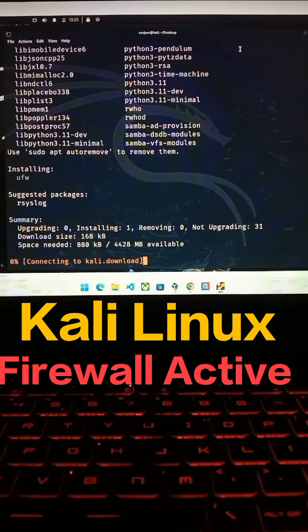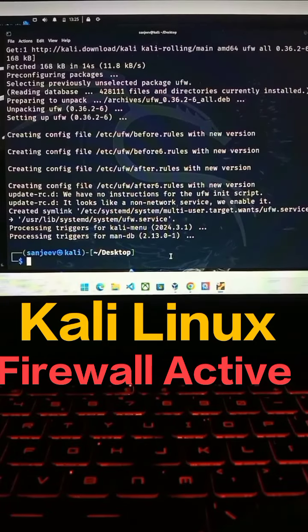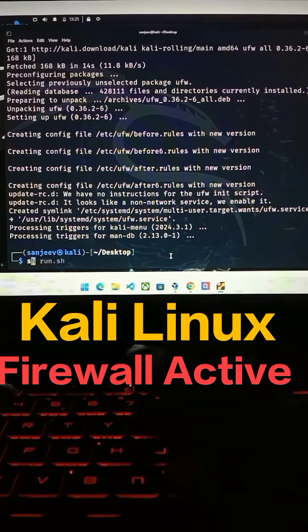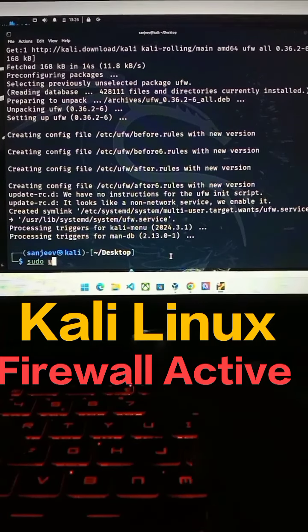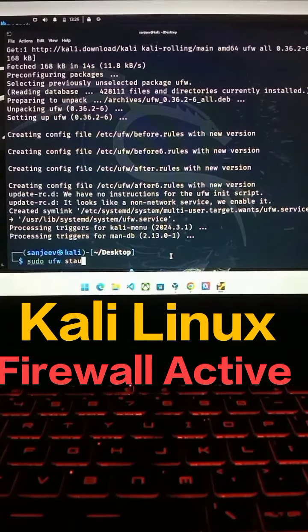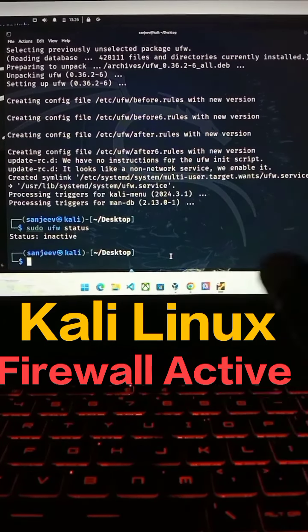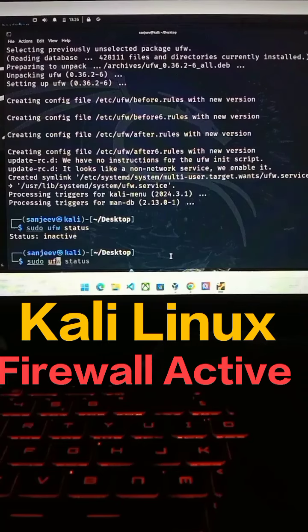Please wait. In this way, we install these commands. Here it is installing successfully. Okay. We have to type the command sudo ufw status. The status is inactive, so we have to type this to enable: sudo ufw